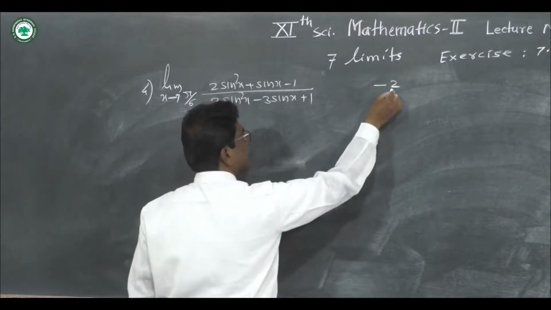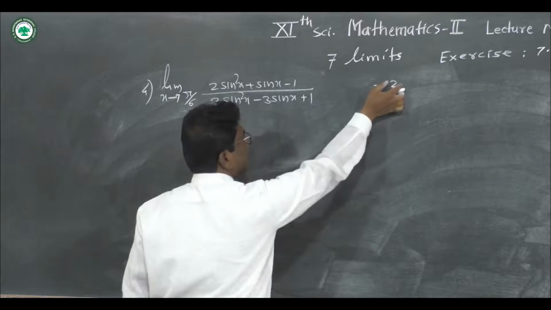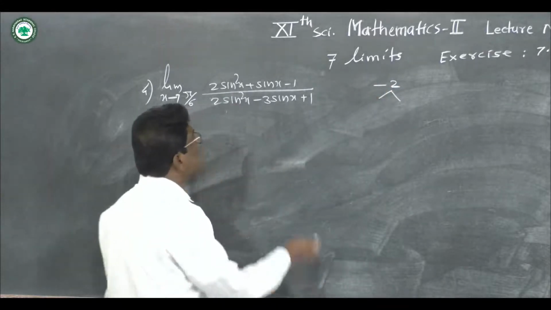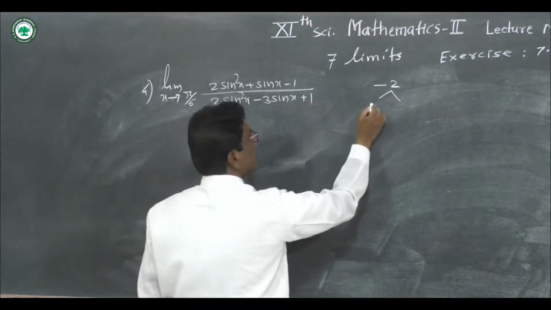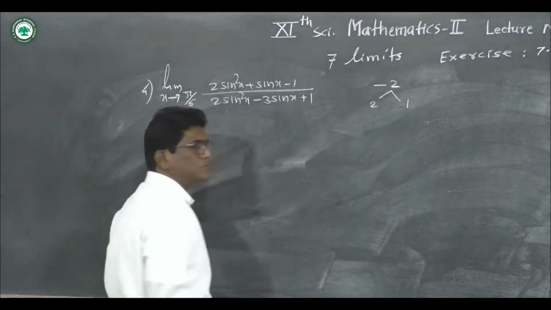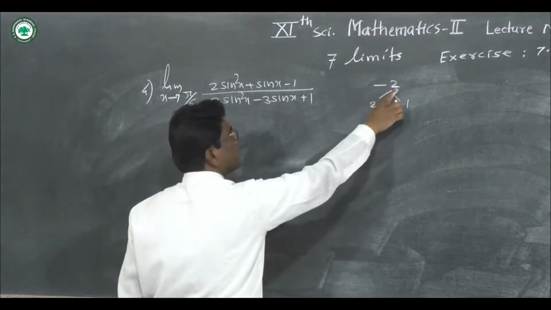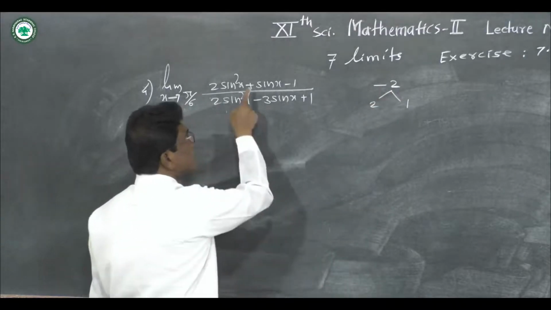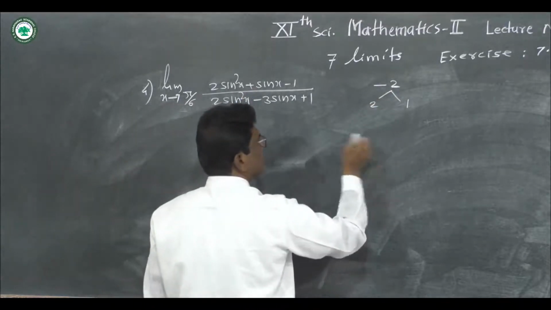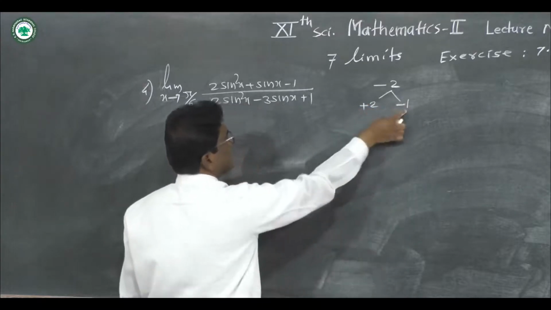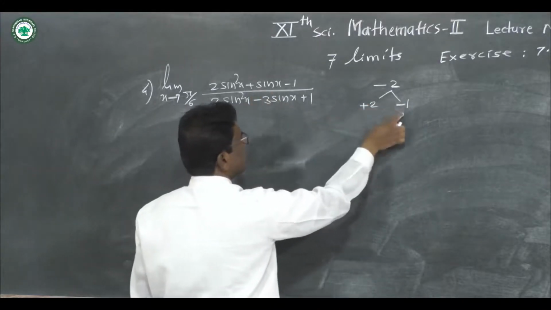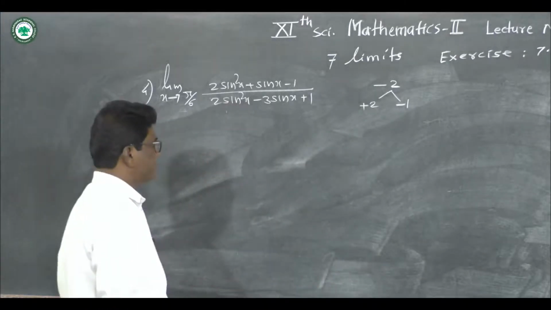And we have to factor this minus 2 so that their product is minus 2 and their sum is the middle term, that is 1 sin x. Here we take 2 ones are 2, the product is 2, but the product should be minus and here plus 1. So we take this plus 2 and this minus 1. 2 minus 1 is 1, and 2 into minus 1 is minus 2.